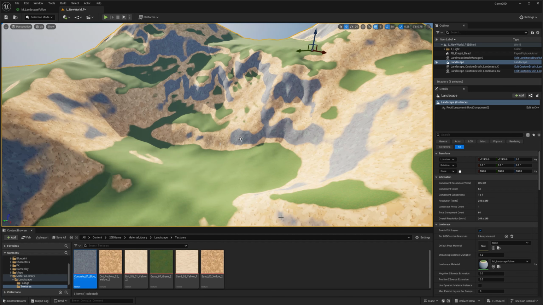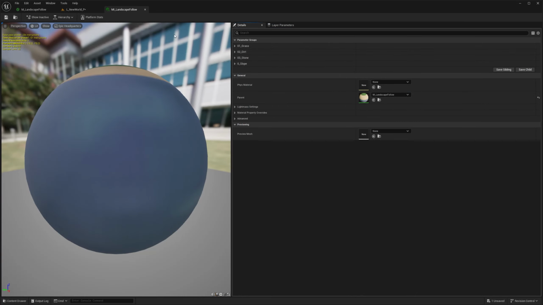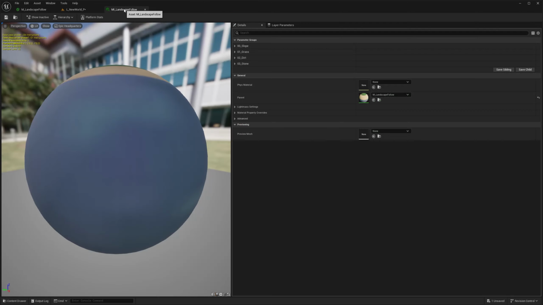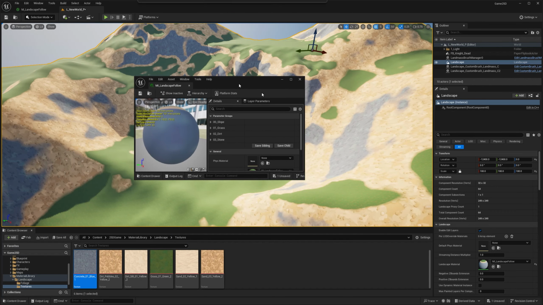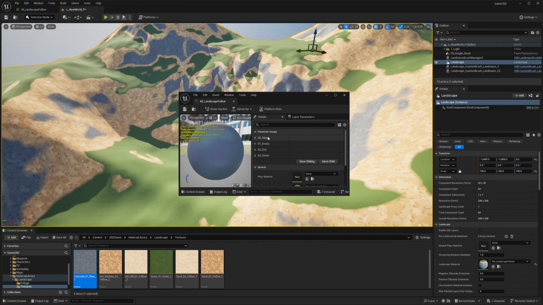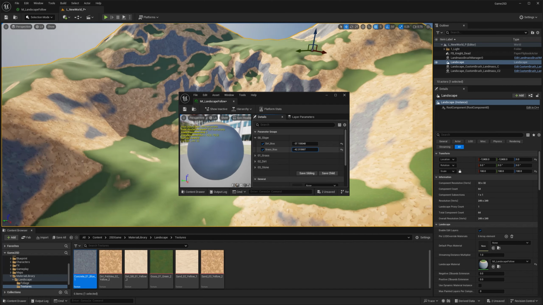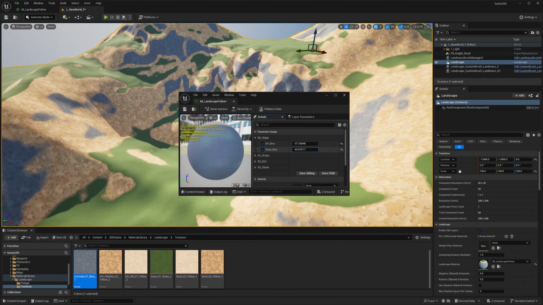Let me save this. Let me also open the material again. Make sure that changed. Oop, it did not. Did it not save? There you go. Now it went. I hadn't saved it. So that way it has like a progression, right? You have the slope control and then you have your textures right after. So I'm going to open here. I'm going to play with this a little bit. Smudge grass, I think it makes sense. Then I'm going to go to my stone. And actually I'm going to try to play with the hue.